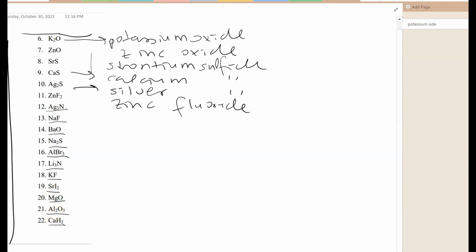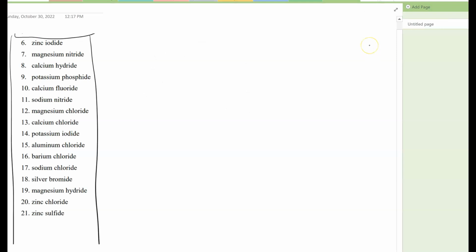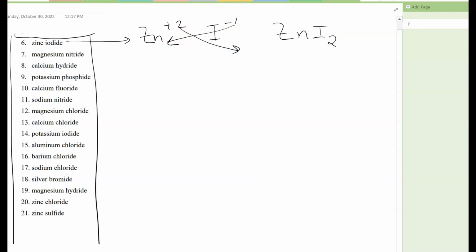and calcium hydride. Now, the part that I'm going to spend more time on is writing the compound out, because that requires a little bit more work in terms of you have to look up your ions. So zinc is always +2, iodine is -1. You crisscross them, you're going to get zinc iodide. By crisscross, I mean you're going to use the charges as the subscripts. Magnesium nitride. Magnesium is +2. Nitride is -3. Crisscross, and you would end up with magnesium